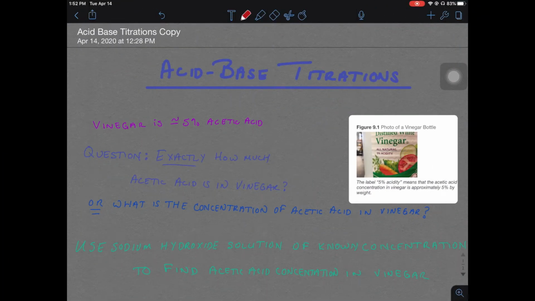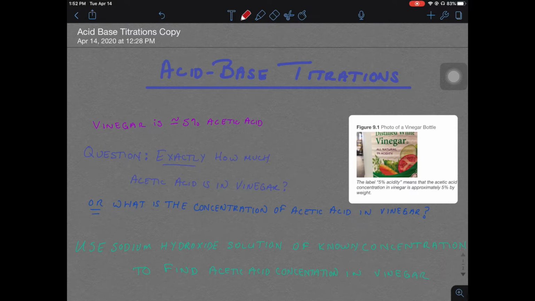So first I'm going to talk to you about acid-base titrations at a high level, and then in a few minutes we'll get more into the details of our exact titration that we're going to perform. So what titration is, it's a technique where you use a solution of known concentration to find the concentration of an unknown solution. So if you recall from the limiting reactant lab where we worked with baking soda and vinegar,